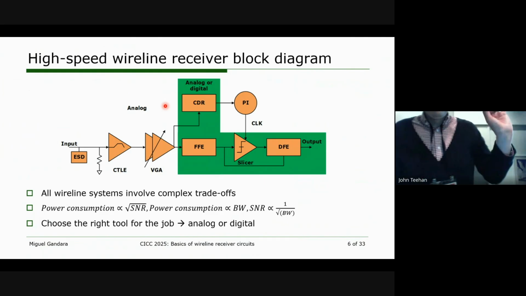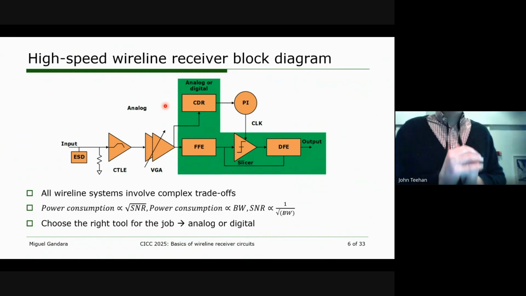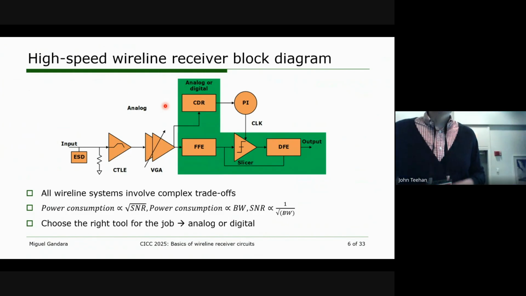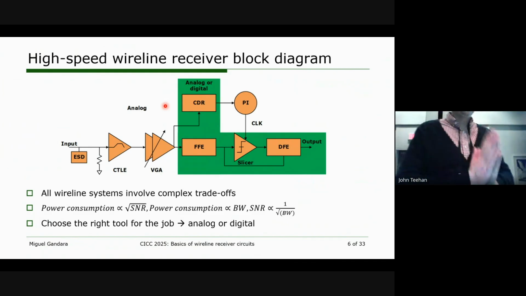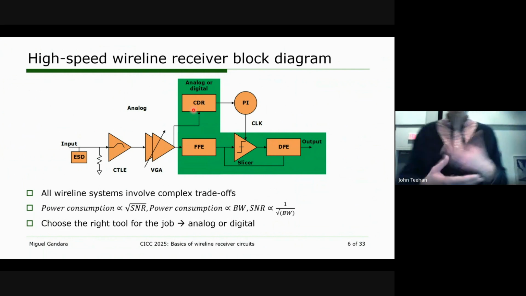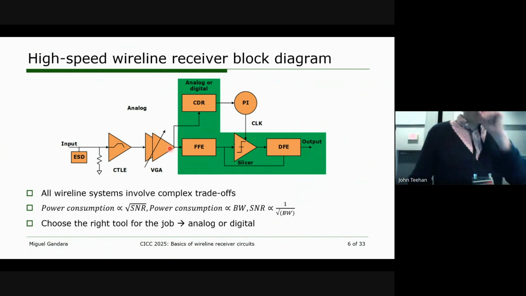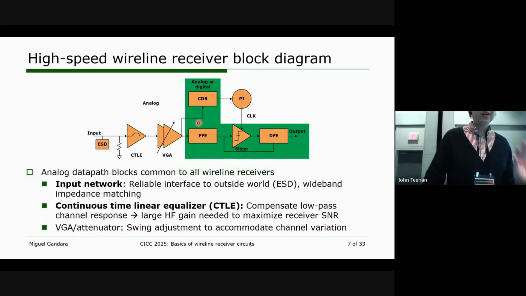So what this means is that you need to be very careful and always choose the right tool for the job. The big advantage that we have in wireline systems is that we have a digital input and we have a digital output. That means that we can make the analog as big or as small as we need to in order to achieve our goals, okay? So this is a key point. If we look at any modern wireline system, we'll see that many of these blocks can be implemented in either the analog or the digital domain, okay? So the high-pass filtering that I mentioned, the slicer, and even the clock and data recovery all can be generated in the analog or digital domain. So today I'm going to focus just on the blocks that are shared between all